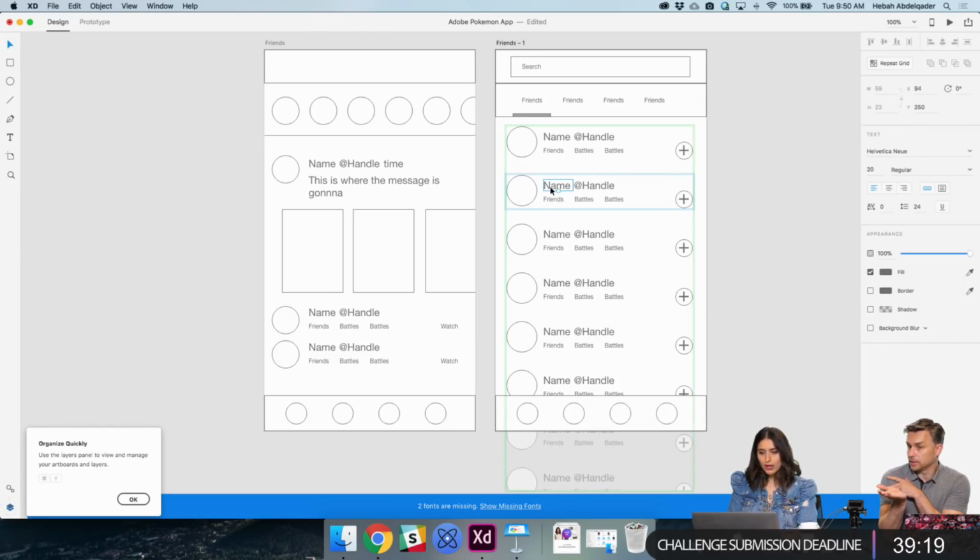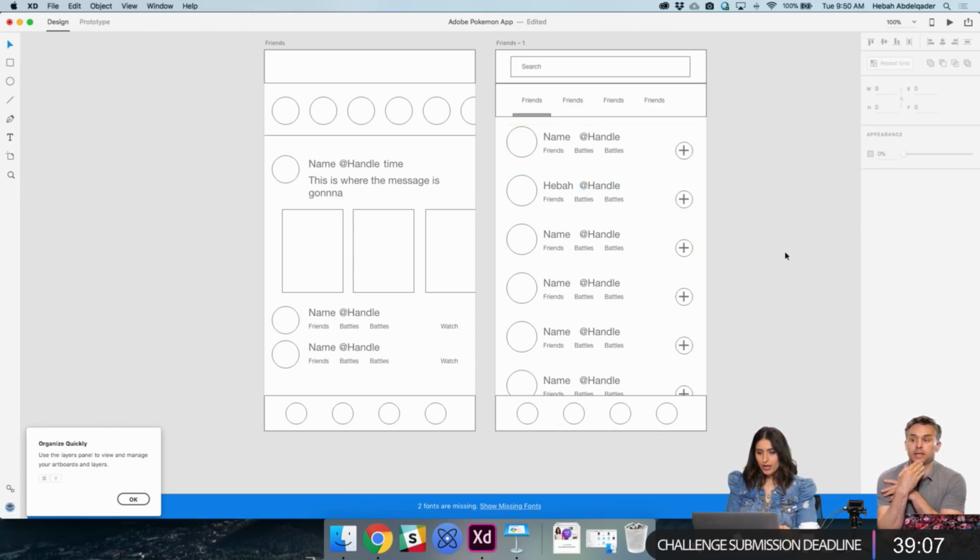So if I want to override this name and say Heba, there you go. But if I grab this and move it to the side, look, they all move. So it kind of acts like a symbol. The style is tied to a class, if you will, but the content can be different for each one. And you can always ungroup if you hit that wall of wanting it even more custom.